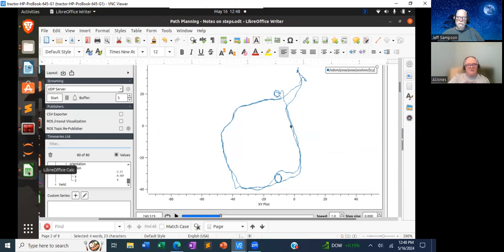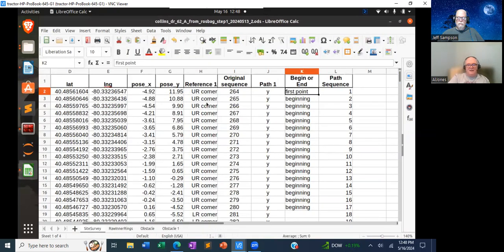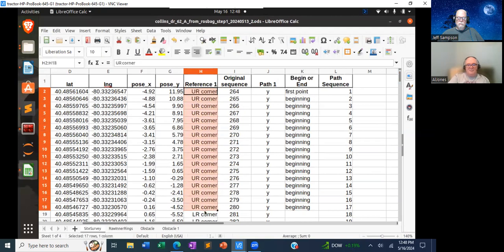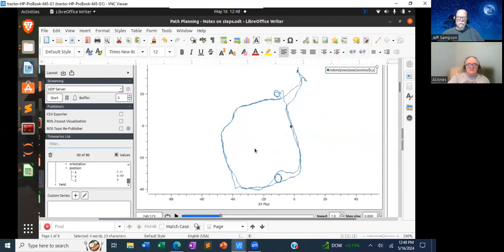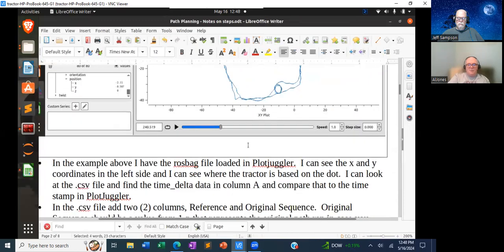So it's just another indication of, it might be the upper right corner, but I've got to further clarify that to be the exact first point and then otherwise the beginning. I know that sounds tedious and it is, but it gets me to a point where I've got